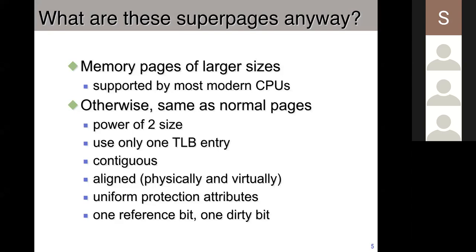So we had seen some of the constraints on superpages last time. One was that superpages should be powers of 2 times the base page size, and we had discussed various reasons for that. We saw that the base pages in a superpage have to be contiguous, meaning they need to be next to each other in both the virtual address space and the physical address space. And they need to be aligned in the sense that,